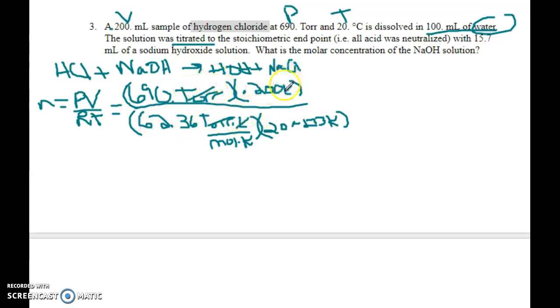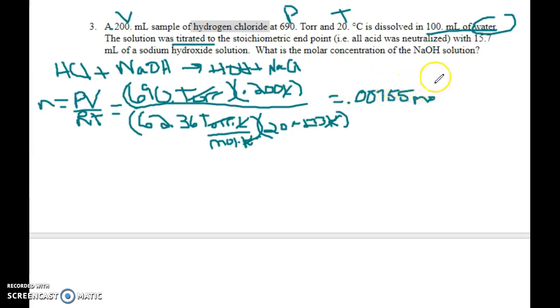And liters cancel, so if you use milliliters and you follow along with your units, you should be able to catch that mistake. And then at 293 K. If you substitute in directly as 293, that's okay also. And that whole calculation is going to give you 0.00755 moles